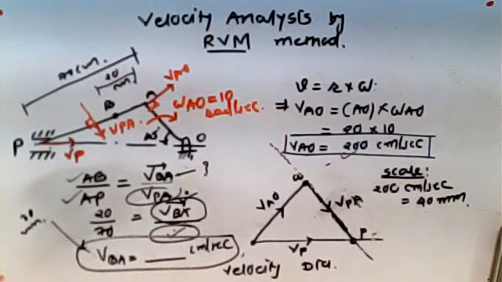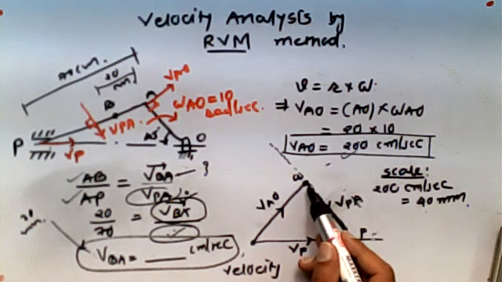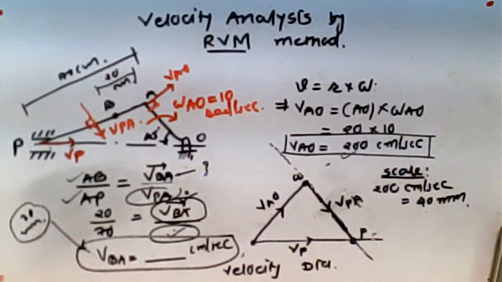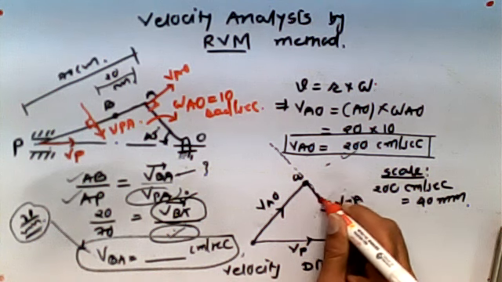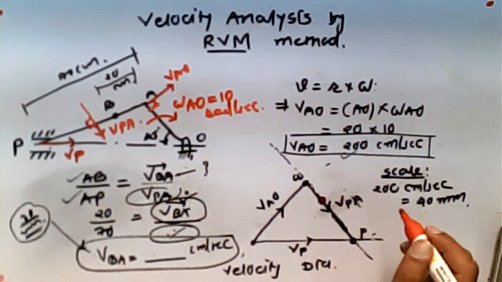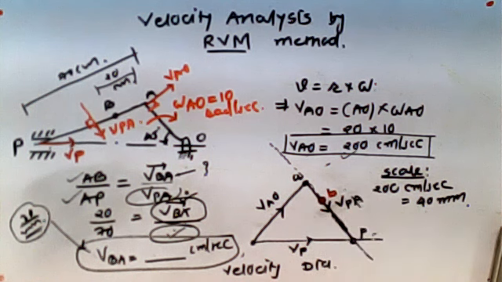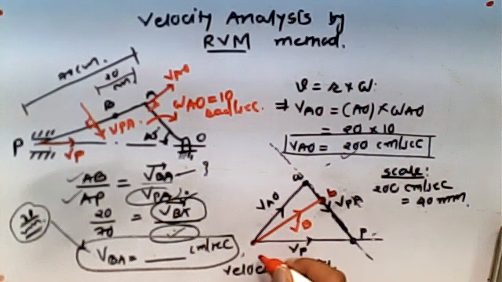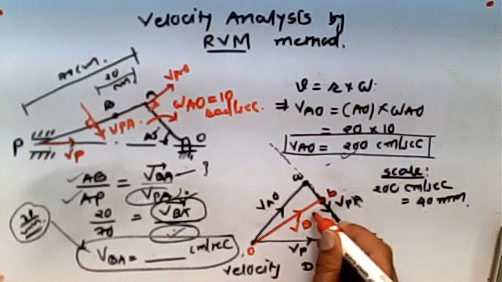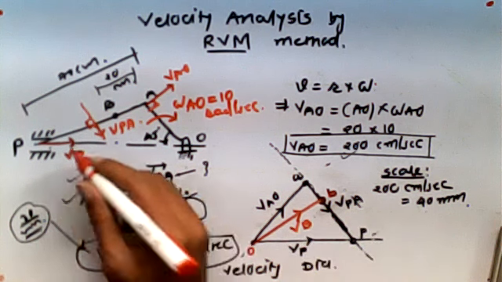Then what you can do here, with respect to A, correct, take 30 mm or whatever dimensions you are getting, whatever value you are getting. So let's say it is 30 mm. So simply you will measure it. Suppose it is coming somewhere here, 30 mm. So this will be your point B. Now you can simply join this, and this will be velocity of B with respect to O point. Ultimately, this is the absolute velocity of point B with respect to O.